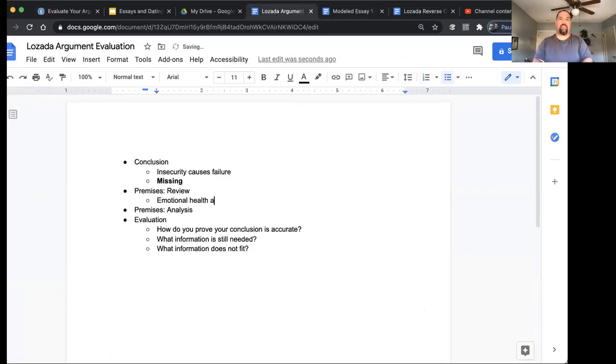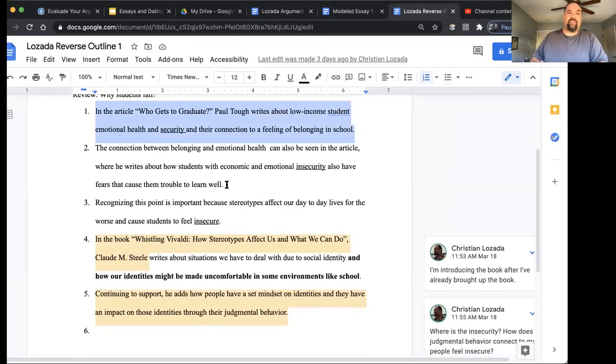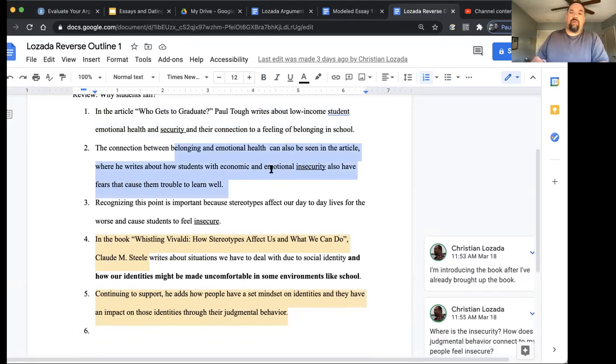Emotional health and security. There is in low income students, there might be a problem already coming up here, but we'll have to talk about it. The connection between belonging and emotional health can also be seen in the article where he writes about how students with economic and emotional insecurity have fears that cause them trouble. All right, so we got,